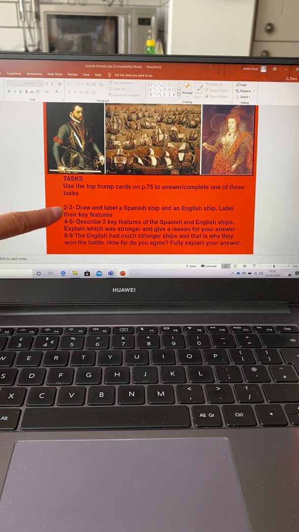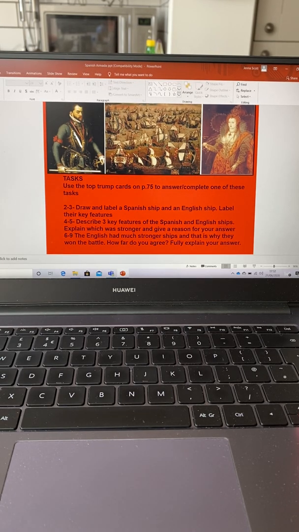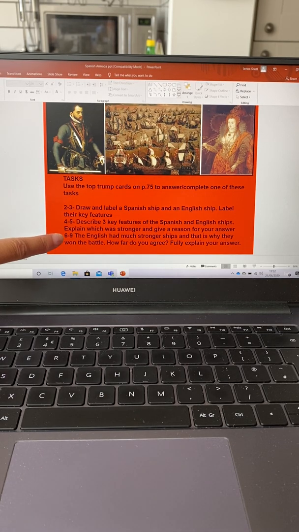So if you are a 2 to a 3, we'd like you to draw and label a Spanish ship and an English ship and label them with the key features. If you're a 4 to a 5, can you describe 3 key features of the Spanish and the English ships, explain which was stronger, and give a reason for your answer. So look at things like their guns, for example, manoeuvrability, how good they are at moving. If you are everyone else,